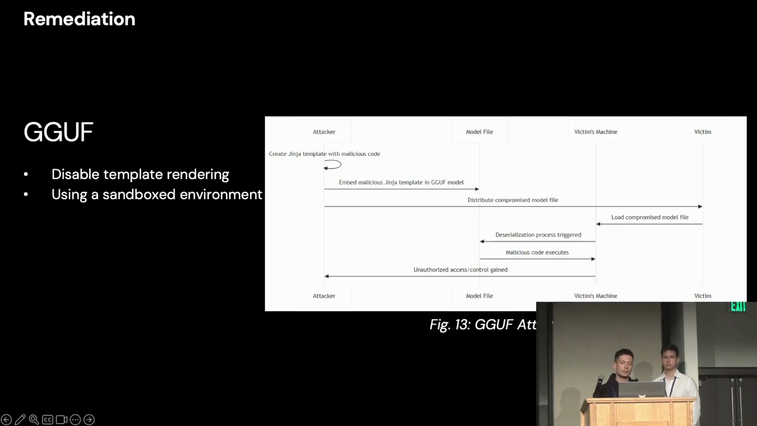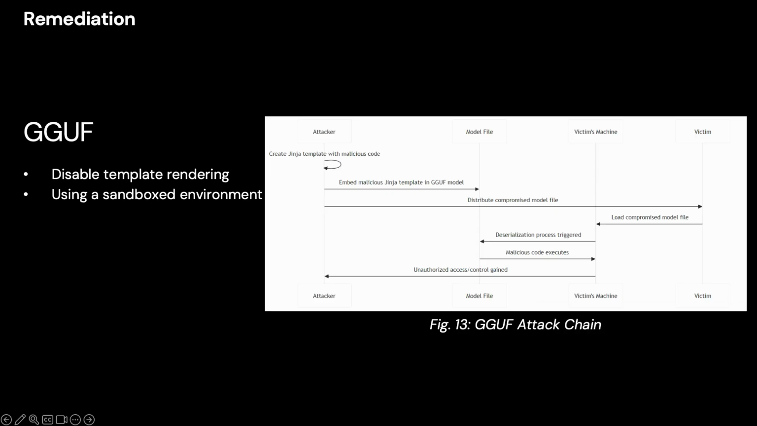And for GGUF, you should never render templates from model metadata, but you should treat the metadata purely as data and validate it, and use hardened templating at runtime if rendering is absolutely required. And also, you should disable the automatic rendering path in production. And across both, please enforce origin checks. These are the most important things that you should do, especially during today's